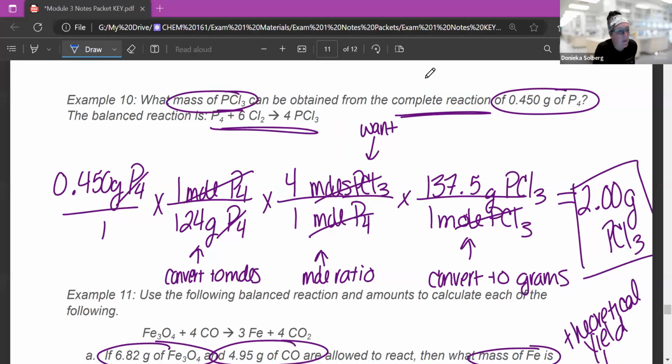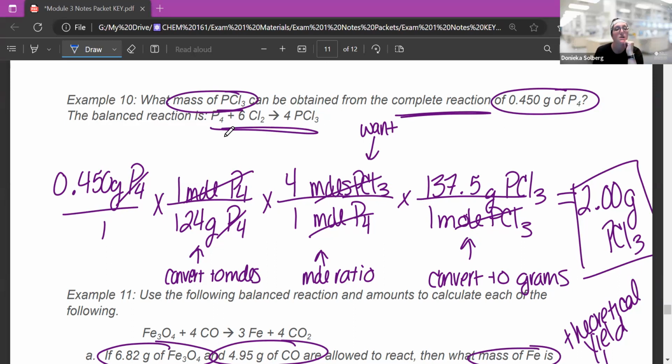On to some examples. So example number 10. What mass of PCl3 can be obtained or made from the complete reaction? Okay, notice it says reaction, that means stoichiometry, of 0.45 grams of P4. Okay, the balanced reaction is this. Now, if I give you a balanced reaction, you don't have to check that these are the correct coefficients. I'm never going to give you a wrong balanced equation. So this means that 1 mole of this will react with 6 moles of this and produce 4 moles of